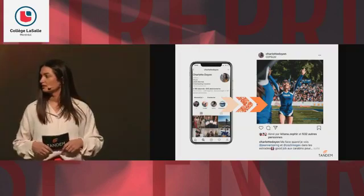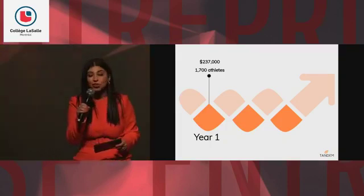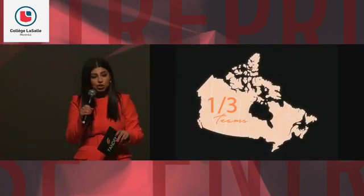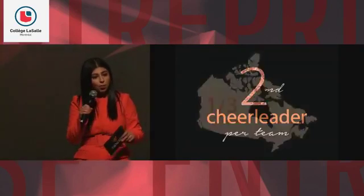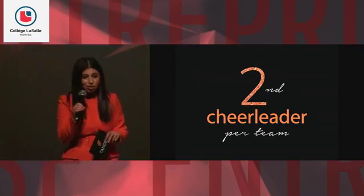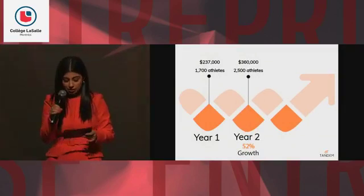For our first year, our conservative estimate of reaching 1,700 cheerleaders will give us revenues of $237,000. During our second year, we will reach the remaining 1/3 of teams, while again assuming that 1 cheerleader per team will buy 1 Tandem. Moreover, during our second year, we estimate that for every cheerleader that we've already reached, a second cheerleader will buy 1 Tandem. In total, we will sell to approximately 2,500 athletes, giving us sales of